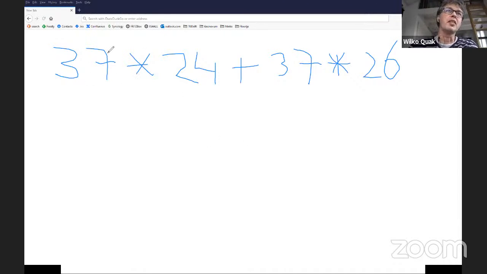If you want to calculate it straight away, it looks quite hard, but because this is an algebraic expression, you can do fun stuff with it. You remember from high school that you can get something out of the brackets or put it into the brackets. Here this 37 appears twice. And this formula you can rewrite, and then it becomes 37 times, then you do a bracket, 24